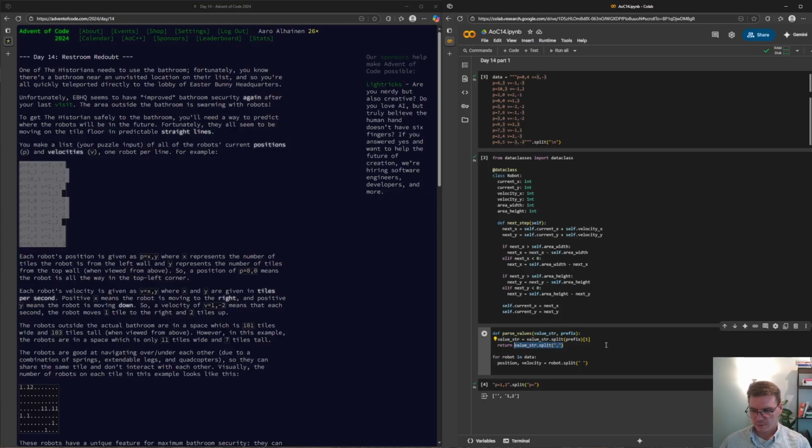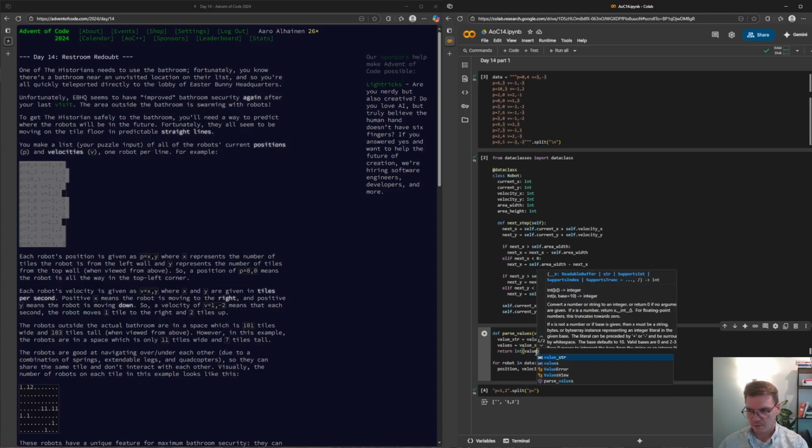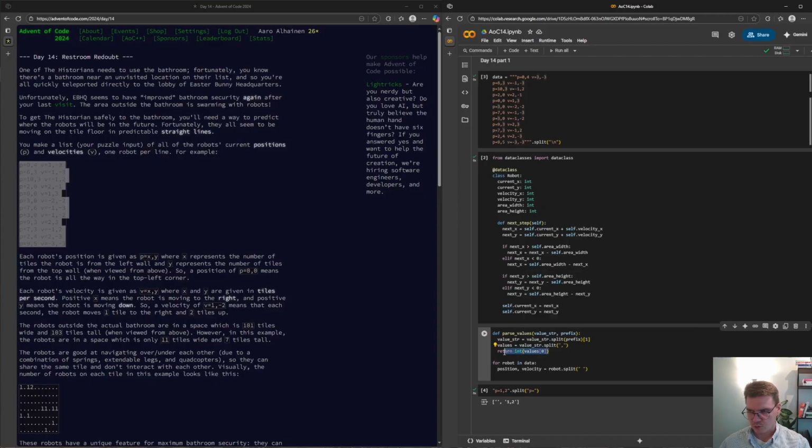Since this returns the list of strings, we can do that a bit nicer, so we can cast it to the int already. Values 1 and then values 2. So this should work. So now we can get the x and y for parse values.